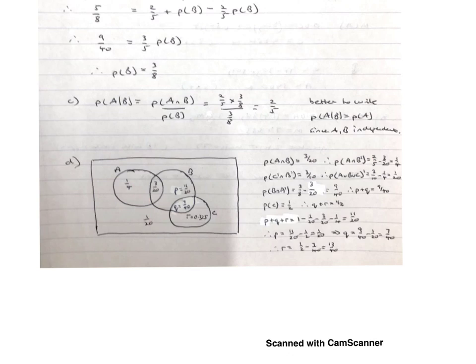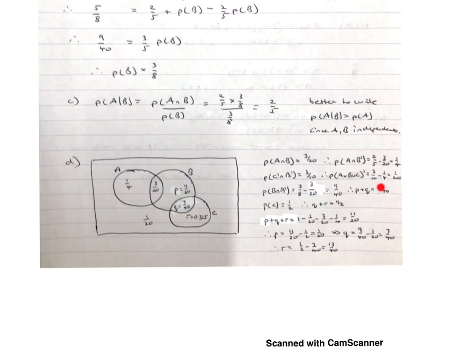Now for the last bits, I labelled this little area here P, this Q and this R. So B intersect not A, B and not A, is 3/8 minus 3/20. That's because we know that the probability of B is 3/8, so everything inside there is 3/8. We've just been told this bit is 3/20, so therefore we know that P plus Q is 3/8 minus 3/20,